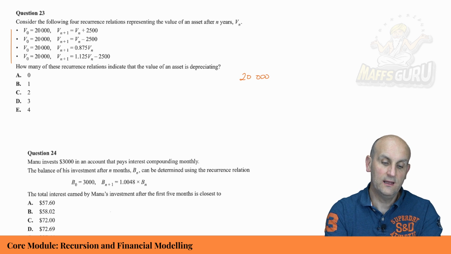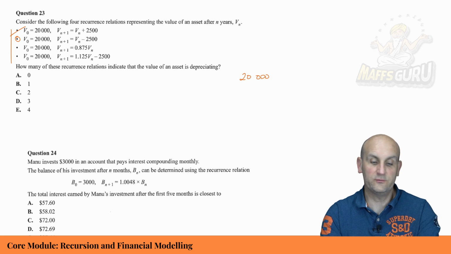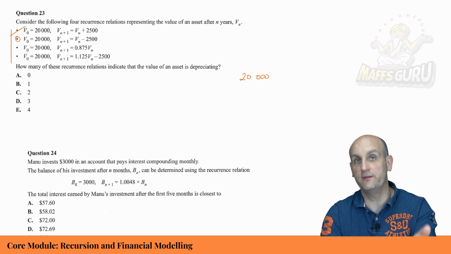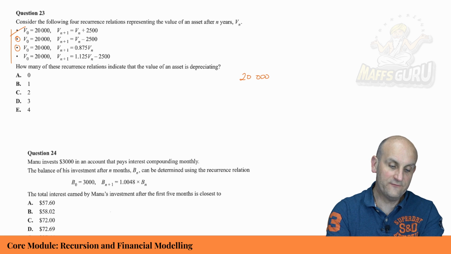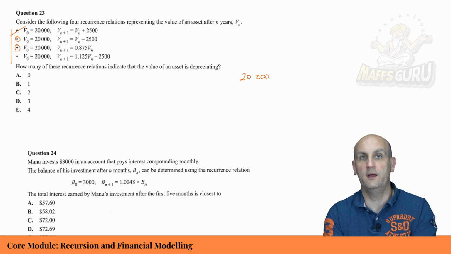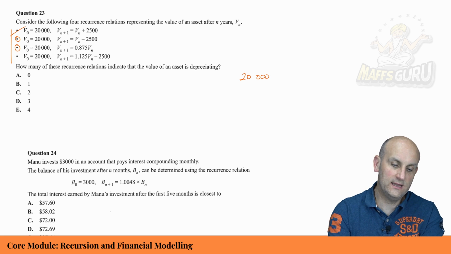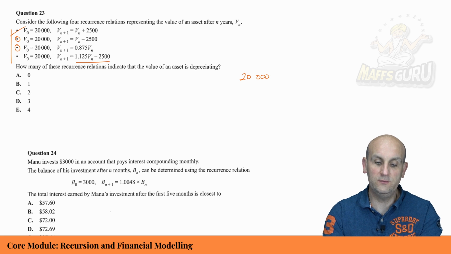Now, the first thing is, because we're adding on 2,500 here, the value is getting bigger, so it can't be that one. It could be this one here, because we're taking our last month and taking 2,500 off, so it could be that one. Here, it definitely could be that one, because when we multiply by a value less than 1, that will reduce. This one here was an interesting one, because what you needed to do was work out 20,000 multiplied by